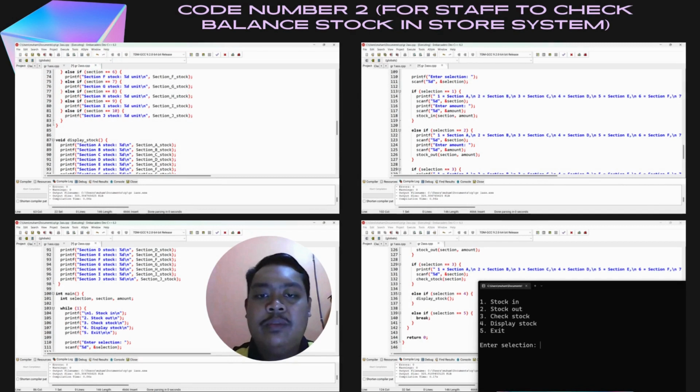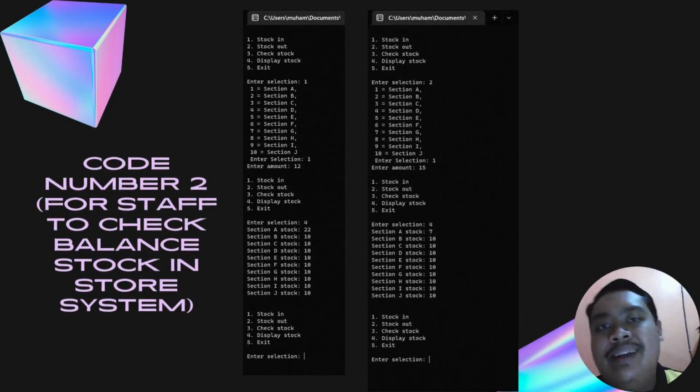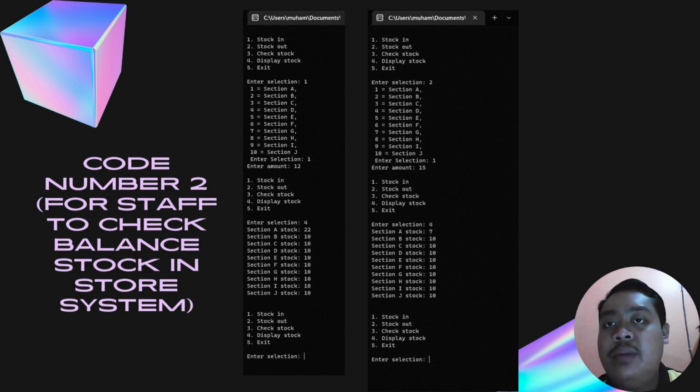We don't have enough space, so this is the second page for code number 2. And then, in this slide, this is the final, when we run the C code that I explained before. This is the page when we click run, and this is the option that we can get from